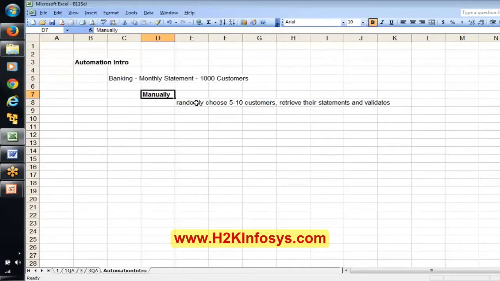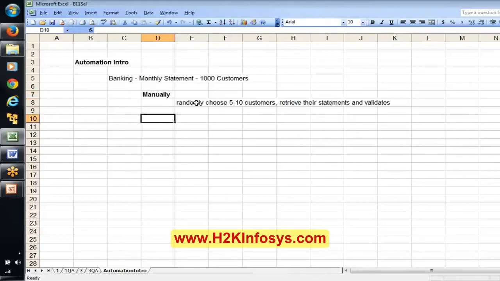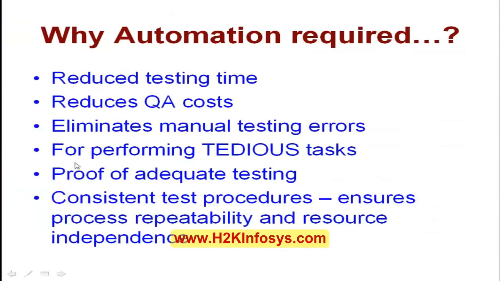Because it's more of a banking application, and if you test like this, it is not going to give 100% confidence in the application. But if you can write an automation script for this, you can execute it for 1,000 customers, and say in future after 3 months we have 2,000 customers, still our automation script supports even these 2,000 customers. So here I'm saying proof of adequate testing means, by using automation testing, we can execute the script against all the customers' monthly statements. It's just an example, okay? Which increases the confidence on the application.